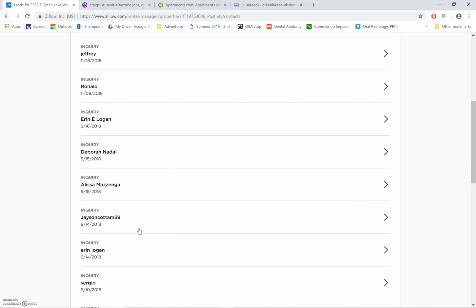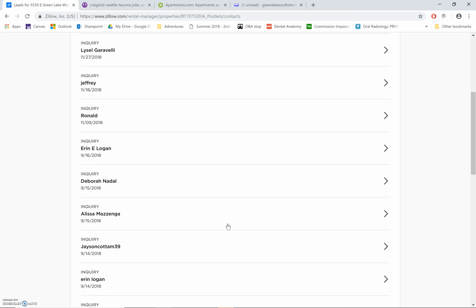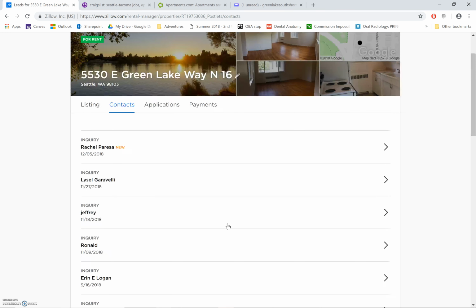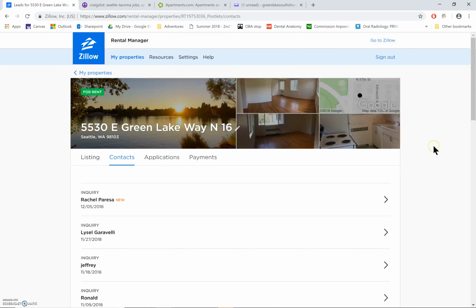But sometimes it will get forwarded to your spam folder in your email account. So be sure to check your spam folder every day for Zillow ads. But I would also be sure to check the actual contacts on the actual Zillow website, because